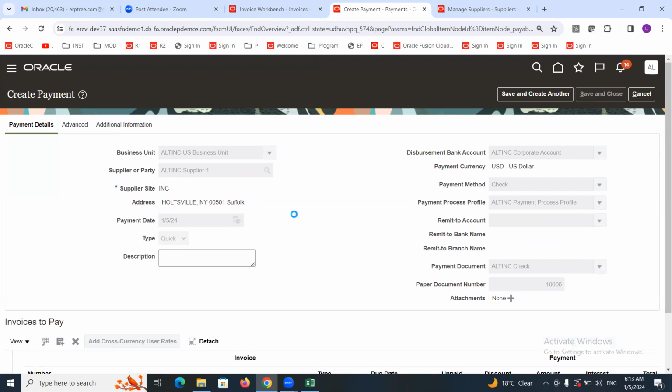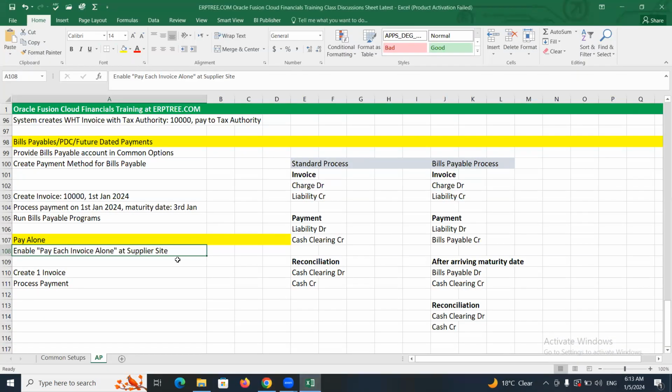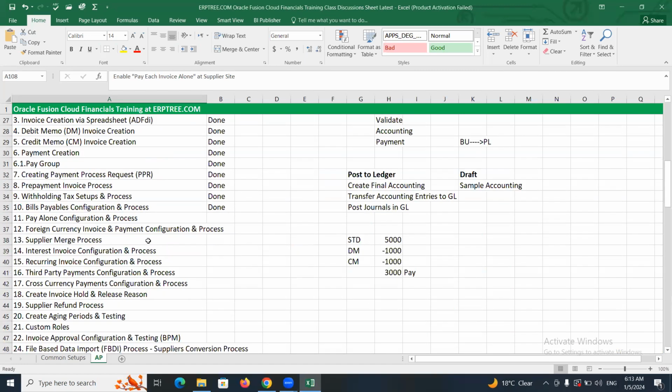So this is the concept of pay alone. If any supplier asks to pay each invoice with a separate check, we can enable this functionality. That's all about pay alone functionality. Now,